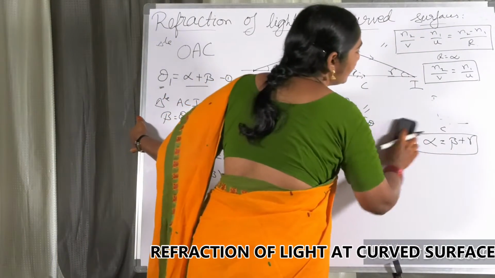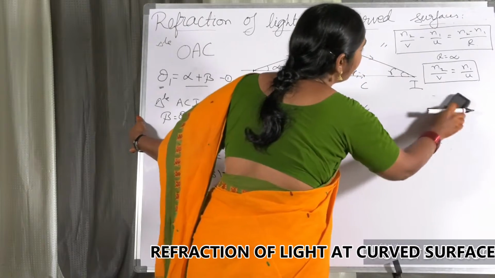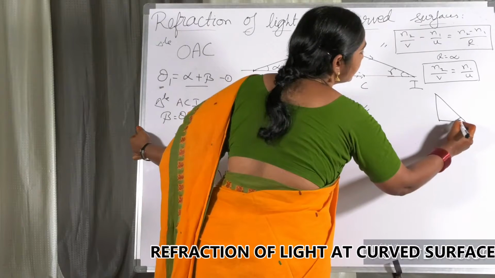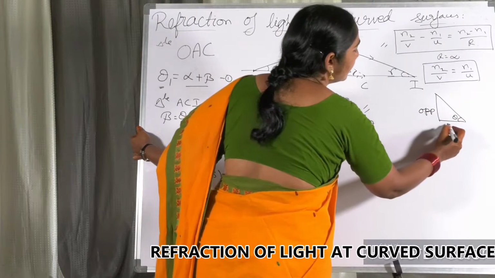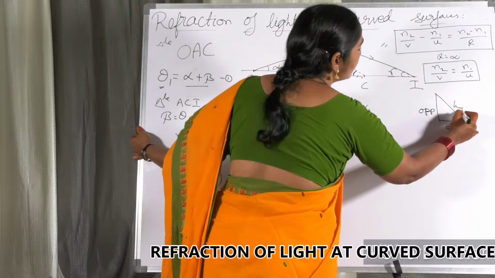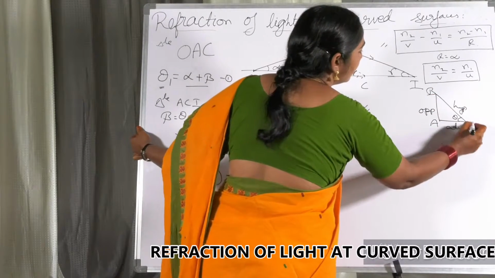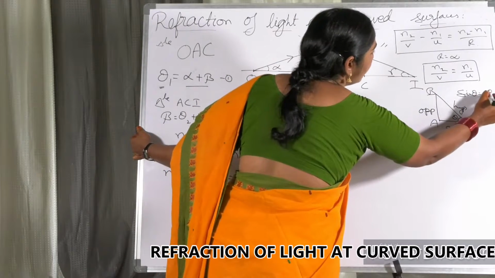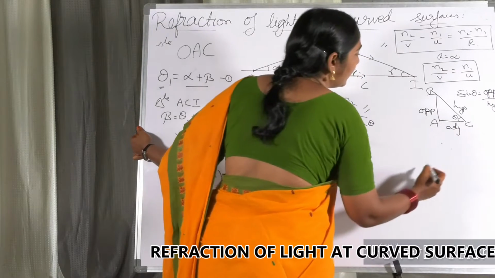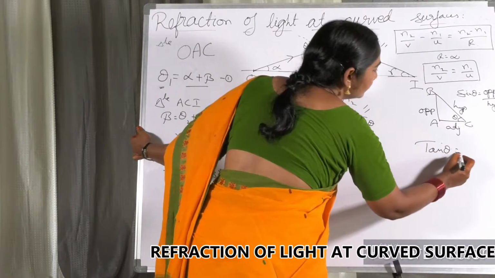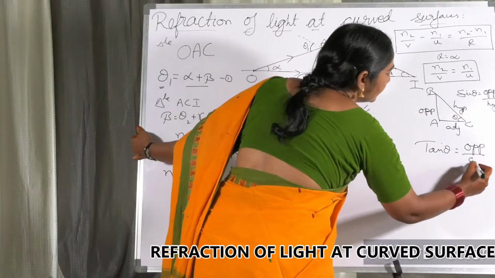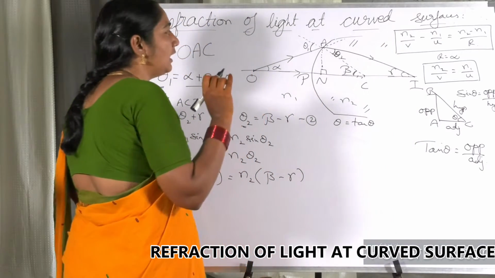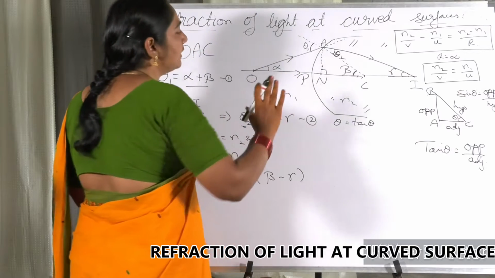Tan theta means nothing but, my dear friends, if you take a right angle triangle, this is the angle theta, this is called the opposite side, adjacent side, hypotenuse, given names A, B, C. Now sin theta is opposite side by hypotenuse, already you know that. Now tan theta is equal to opposite side by adjacent side. The ratio of the opposite side and the adjacent side is called tan theta.